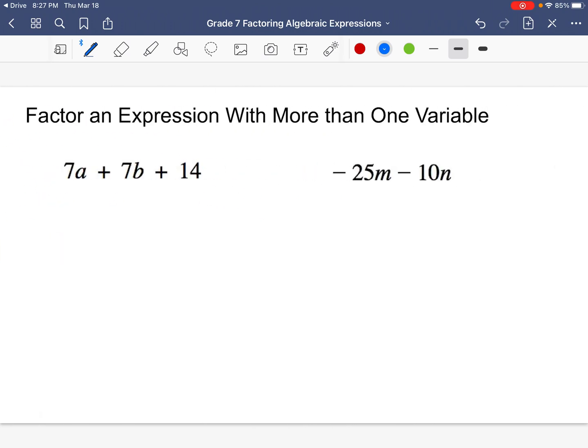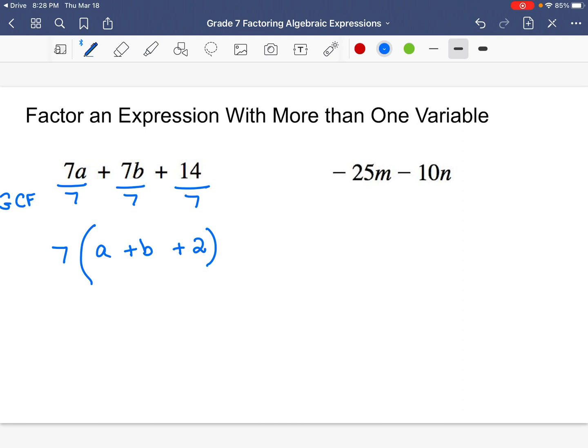Sometimes we'll have more than one variable. On the left hand side here we have a and b. We have 7a plus 7b plus 14. The greatest common factor of all of these is 7, so we will divide all of them by 7. So 7 will be outside the parentheses. 7a divided by 7 is 1a, or just a. 7b divided by 7 is b, and 14 divided by 7 is 2. So when we factor 7a plus 7b plus 14, we get 7, and then in parentheses a plus b plus